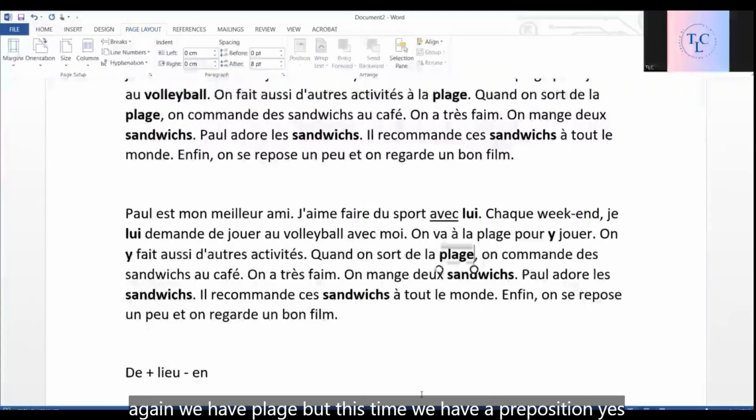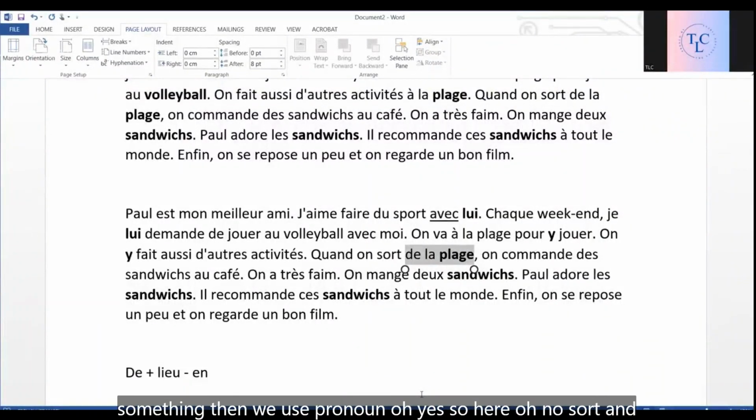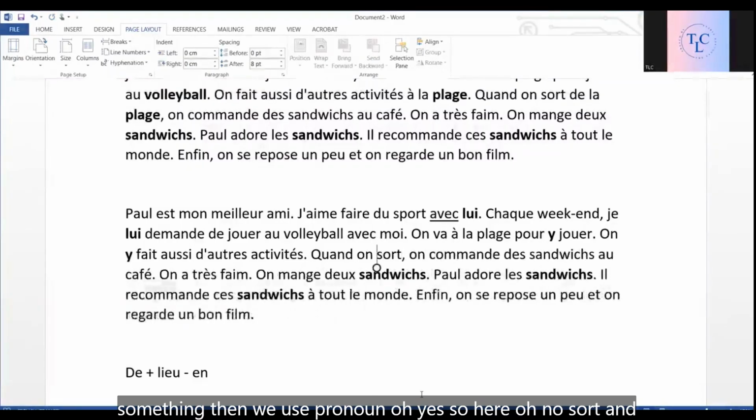Then again we have plage. But this time we have a preposition. Yes, but it is de. Okay, if it is de plus place, okay, or de plus something, then we use pronom en. Yes, so here